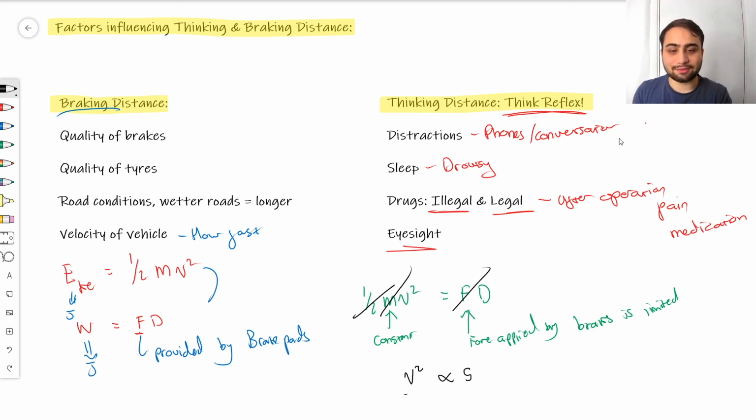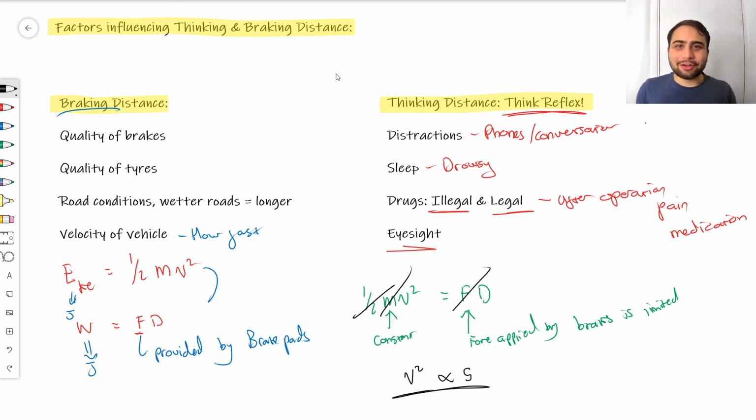Okay, so for displacement. So now you can see the relationship between braking distance, or rather displacement s, is directly proportional to the square of velocity. So if you're going twice as fast, you need 4 times the braking distance. If you're going 4 times as fast, you need 16 times the braking distance. Like, it really starts to jump up,